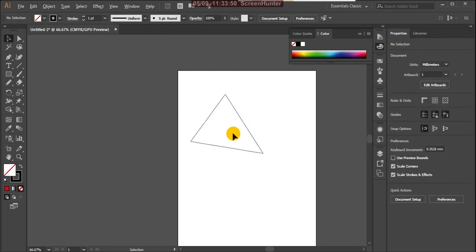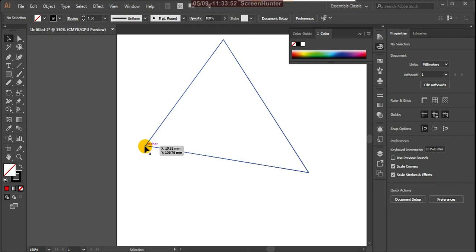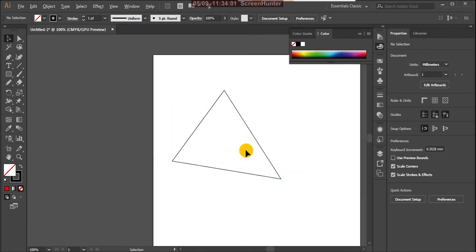Here this is an anchor point, that is an anchor point, and this is an anchor point, and these lines are paths. To create this triangle shape, we need at least three points, and we created it with 3 points.